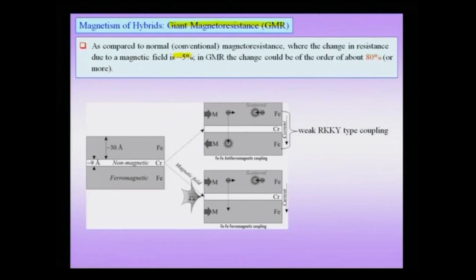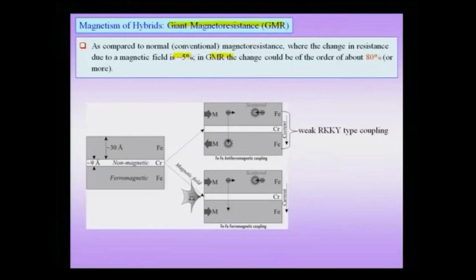We had also talked about an important concept in that context, that was the concept of spin dependent scattering. That means, the resistance is coming from a new kind of phenomenon, which is not the usual charge scattering arising due to phonons or impurities, but what we might call spin dependent scattering. The important thing in giant magnetoresistance, the word giant implies that the change in resistance could be of the order of 80% or more. So, this is a very important point, that is why it is called giant magnetoresistance. And there is also a different kind of phenomenon known as colossal magnetoresistance, which we will not talk about in this course, but giant magnetoresistance is not the same as colossal magnetoresistance.